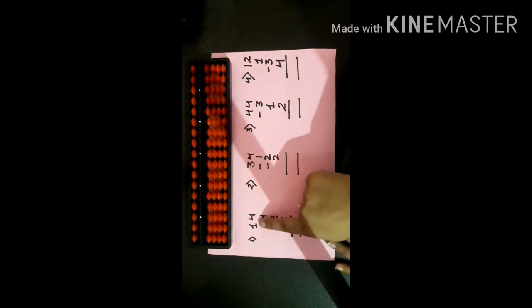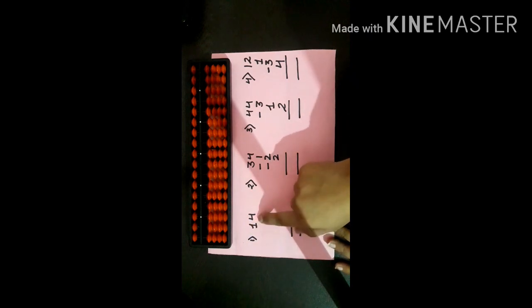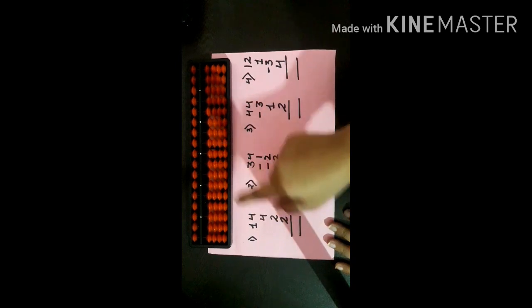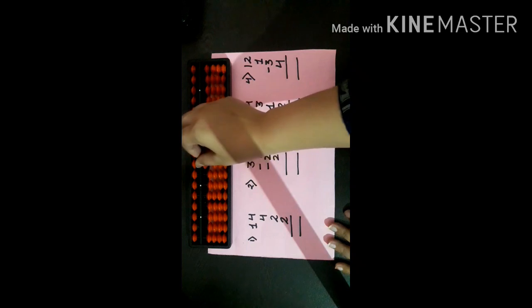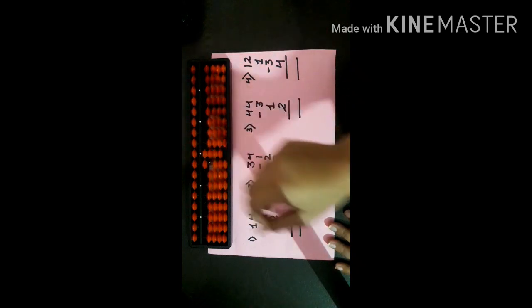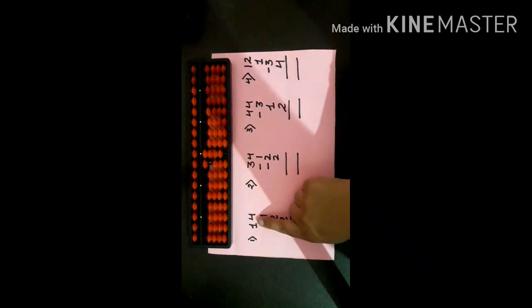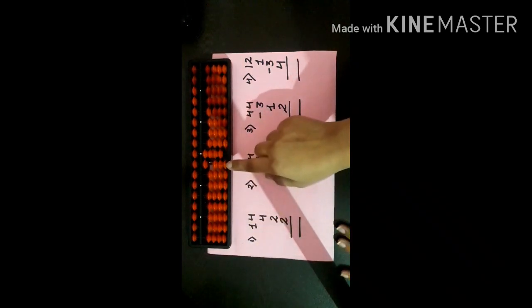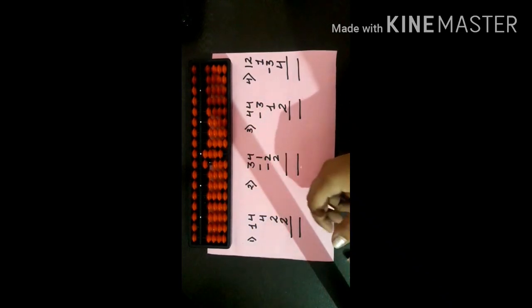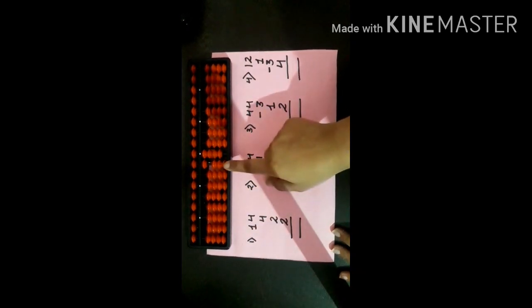So let's start. As you can see in our first question, the first number is 14. 14 means 1 and 4. So this 1 you have to do in the tens rod and 4 will go in the units rod. Again I am repeating, this is 14. How do you write 14 on the abacus tool? See, 1 will go in the tens rod and 4 will go in the units rod. First number in first rod, second number in second rod.